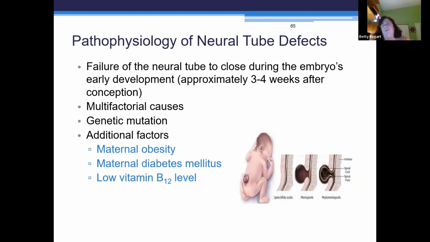So, neural tube deficits. Do you remember hearing that with folic acid in pharmacology? If you don't take your folic acid before you get pregnant, you could have a neural tube deficit. And the students say, well, what's that mean? Well, it means that the tube, that spinal column, could be born on the outside. It could be due to a couple different things, but usually it's mom, maternal obesity, diabetes, or low B12 that